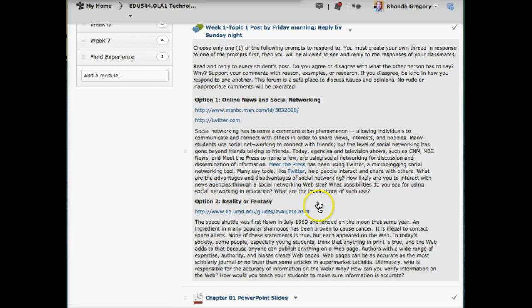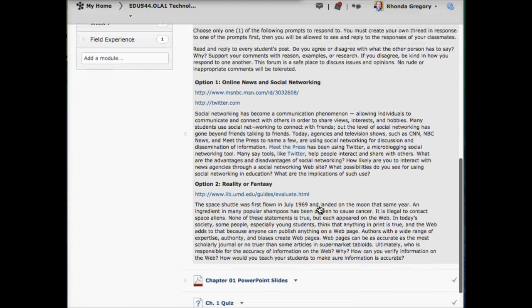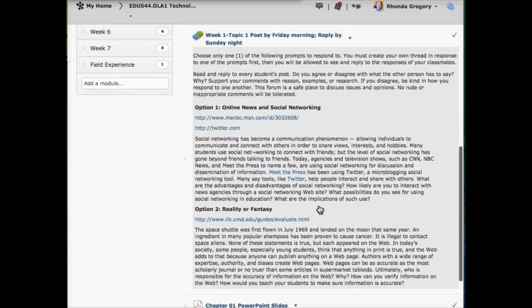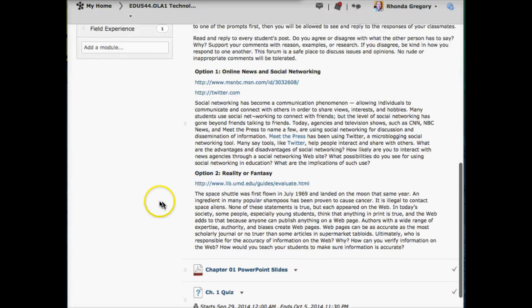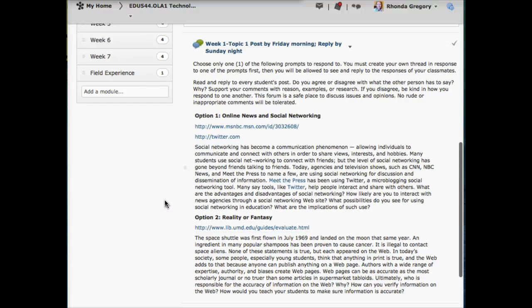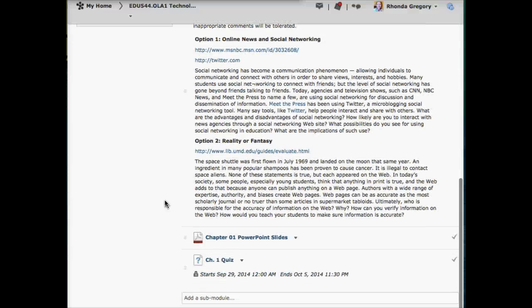Pick one, post your response to the prompt, and then you'll be able to see the responses of the rest of your class and engage with them and have conversation back and forth through the discussion board. So it's a good way for us to get to know each other and discuss the issues at hand and things that are coming out of our text as you're reading, and just kind of wrestle with those questions about technology integration and how that works in school in a really practical way.